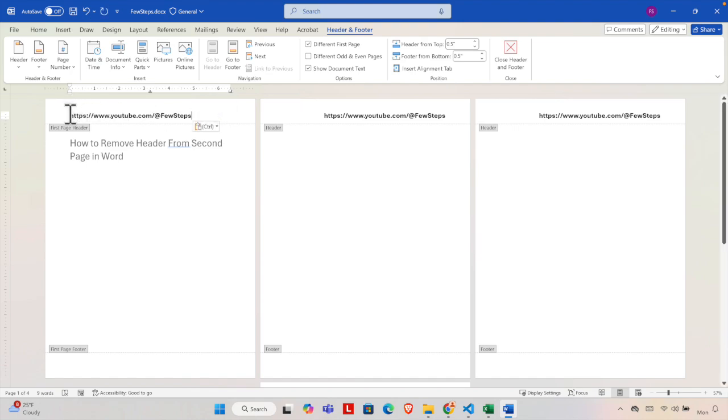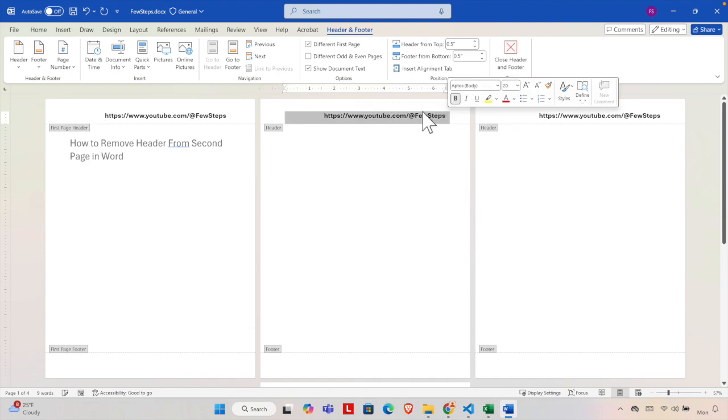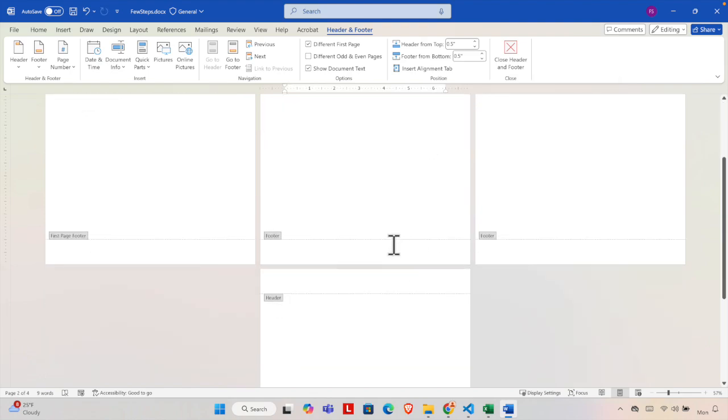Now put the position where you want to. So I'm keeping it on the right side like this. Okay, so now our first page header is there. Now what we need to do, we need to remove this thing and you'll see from all pages it is